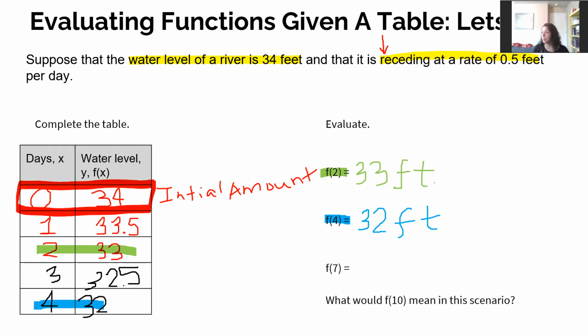Now, Alexis had given us a really great way to get these answers a little bit quickly, and she used multiplication. Now, in this case, gosh, it doesn't seem as easy because this time we're kind of subtracting. So I don't think multiplication would work. Gosh, it's almost as if we would need to build some sort of a function. Interesting. So what it looks like we're doing is, we're taking our initial amount over here, that was 34,